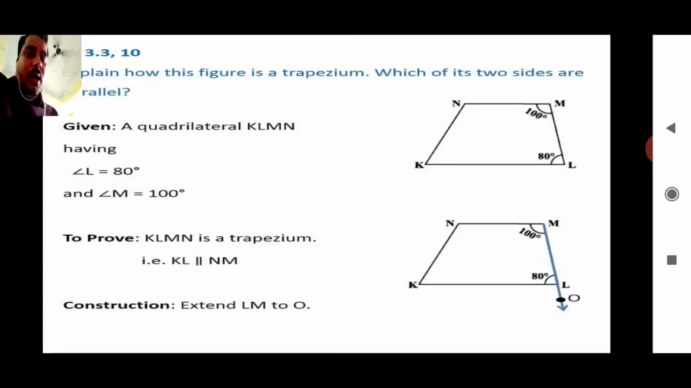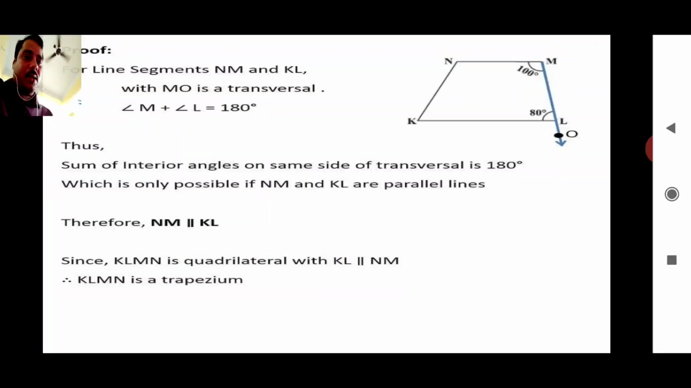Angle L equal to 80 degree and angle M equal to 100 degree. We have to prove that KLMN is a trapezium. Construction: extend LM to O. Constructed this, and what we observe is that for line segments NM and KL,